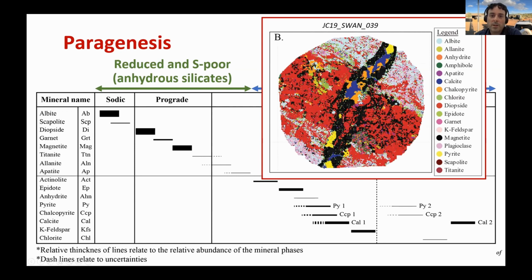So what you can see in that mount here, in the background on each side of the mount, is this light blue color, which represents albite, overprinted by this bright red color here, which is a diopside, which is pyroxene. And this pyroxene is cross-cut by a magnetite vein in black. And this vein is again cross-cut by a later vein, which is calcite in blue, chalcopyrite in orange, and pyrite in yellow. So basically that assemblage starts from these early anhydrous silicates towards this more